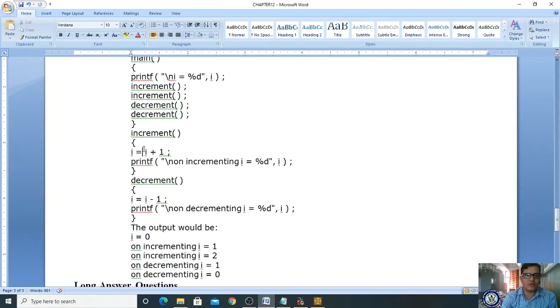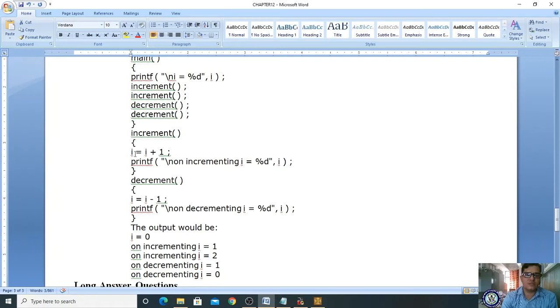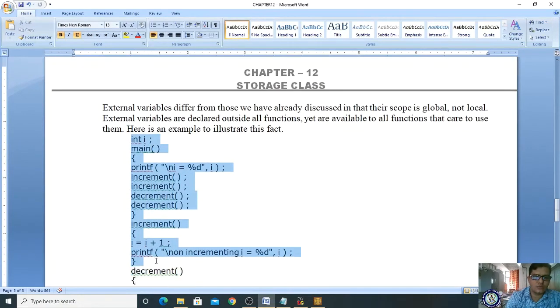Already the I value is held, it persists, right, because its life has not ended, got it, and hence it becomes 1 plus 1, that is 2. If you call the decrement, it already holds 2, minus 1, it prints 1. Once again if you call the decrement method, 1 minus 1, it is 0. Suppose I run this program, you will see